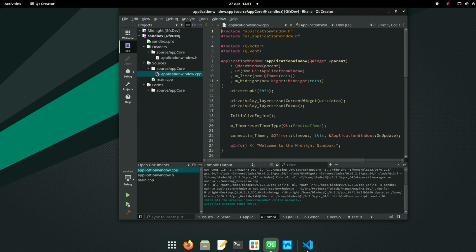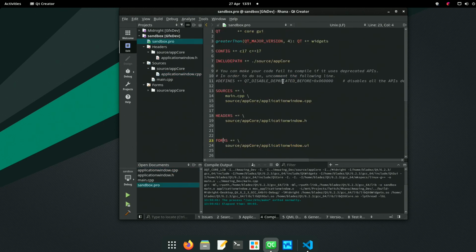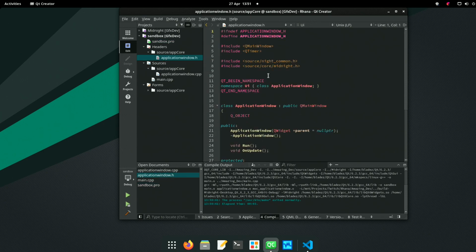The funny thing is, the hack that we're putting isn't for this. The hack that we put into Sandbox Pro here is for Qt, because this is a special function of Qt. Qt takes over this.